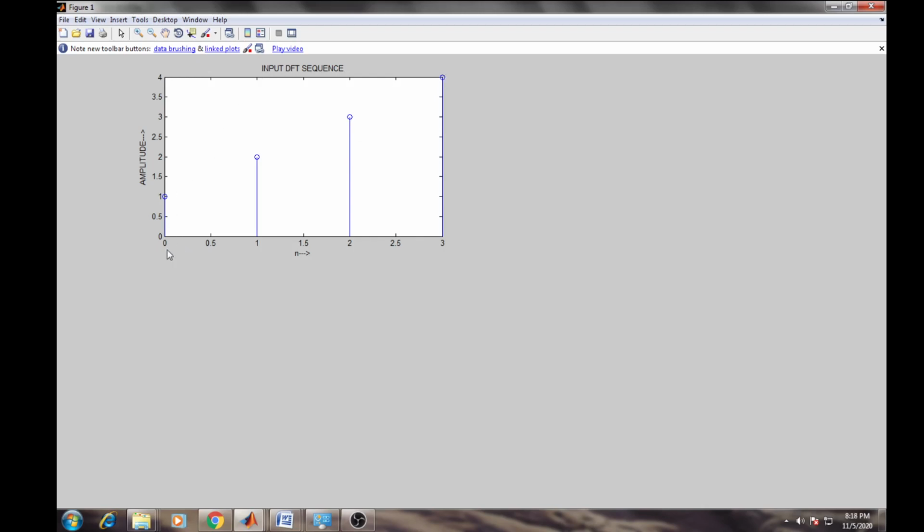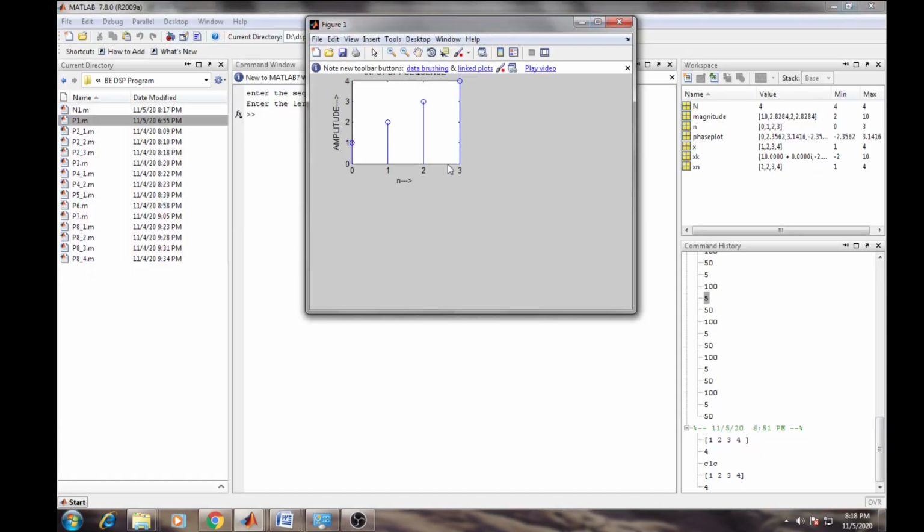And on the x-axis you can find an arrow below it, and on the y-axis you will see amplitude and an arrow, right? And a title is given, input DFT sequence. Okay, getting everyone? So this is about the code that I showed.